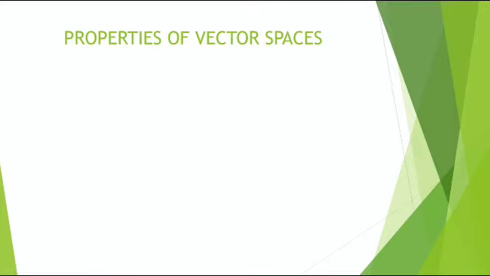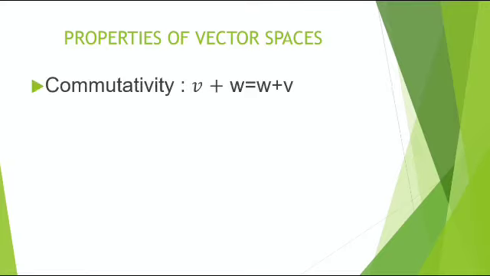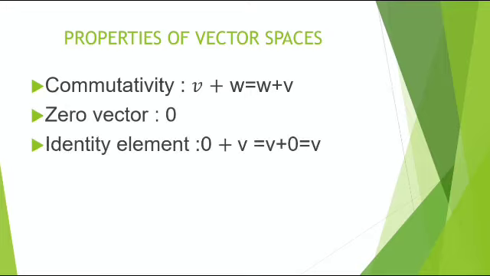So let us proceed to the properties of vector spaces. We have commutative, zero vector, identity element, inverses, and associative. When we say commutative,